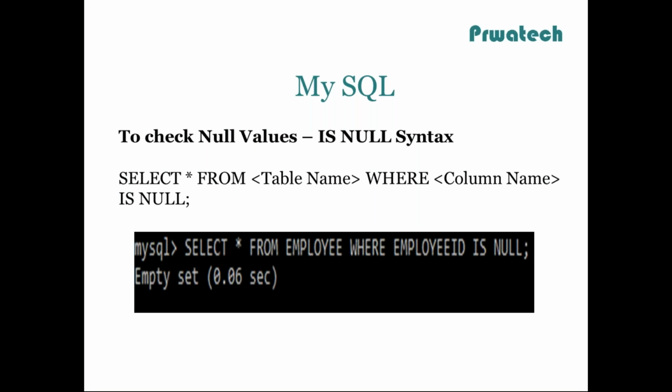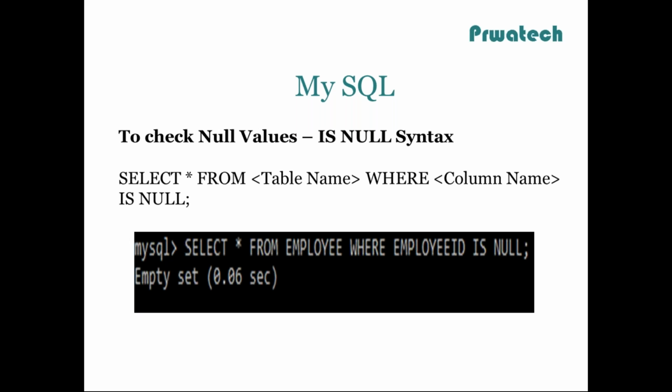Now we would check if there are any null values present in our table. Just take note of one thing: a null value is an empty record, which doesn't mean zero or space. It has to be a complete empty record. Please do not get confused here. So the syntax is IS NULL,